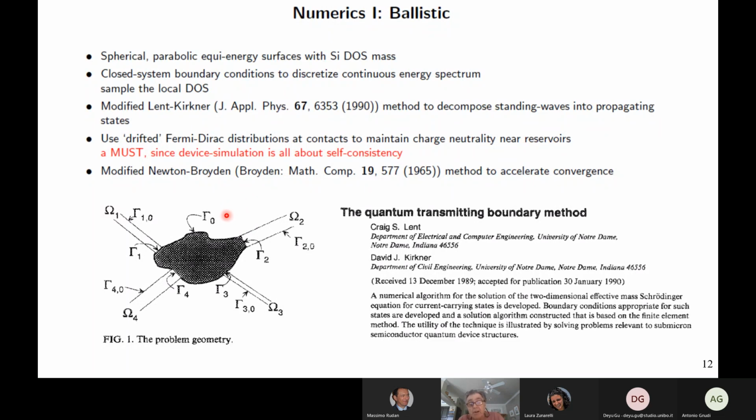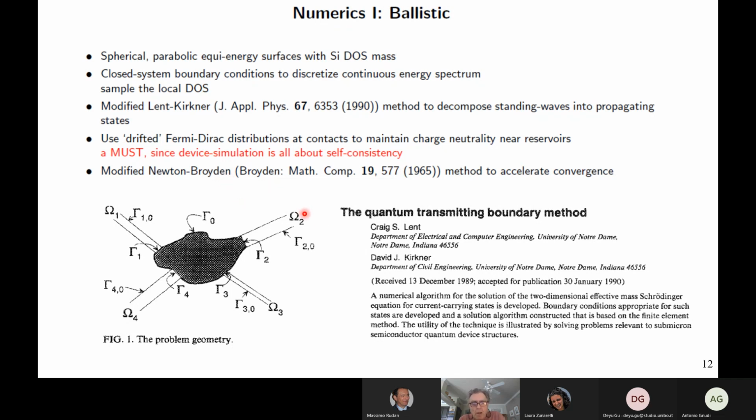updates the derivative of the potential, which is a Jacobian matrix, at every time step, looking at the back history of your algorithm, your convergence problem, and tailors this Jacobian by guessing what the next step will be, the next potential will be, or the potential of the next iteration. It's sort of a black box. It's an algorithm which has general validity. It is used in a variety of cases, and usually gives you good convergence in most cases, quite